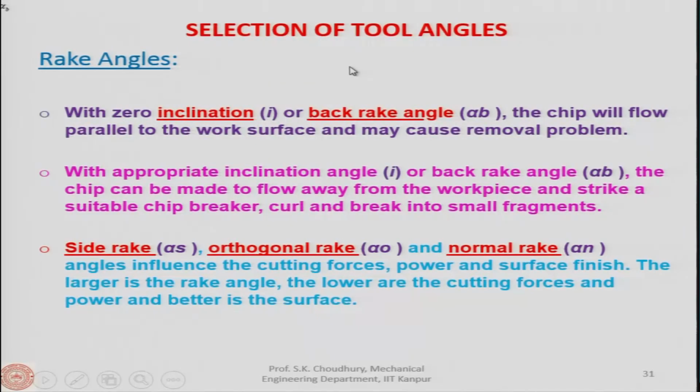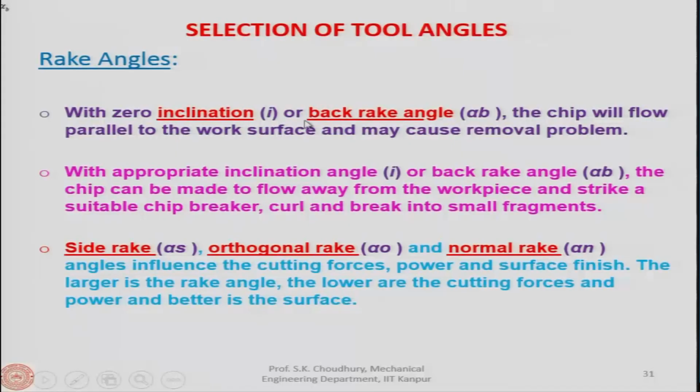That is easy. Now, a very important point is how to select the tool angles. We have now described the sets of angles in any of these systems, be it an ASA system or an NRS system: we have basically 2 rake angles, 2 flank angles and 2 side cutting edge angles. So, how to select the value of the angle, this is very important, and let us discuss on which factors the selection depends.